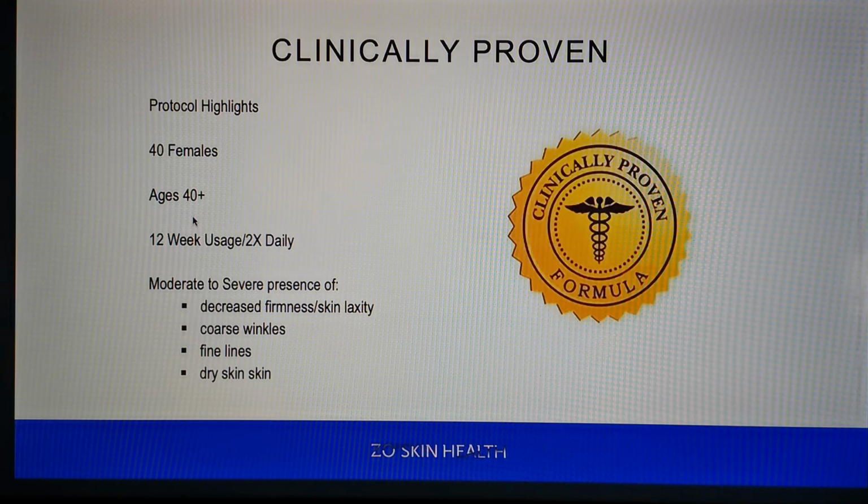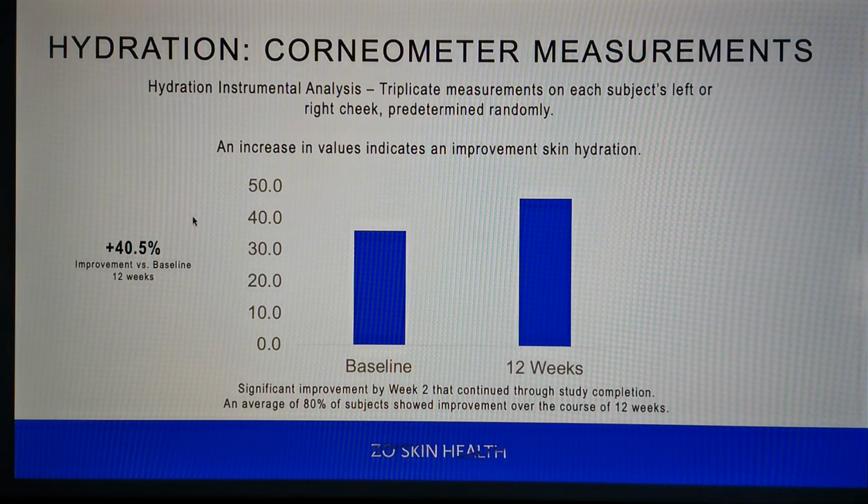So the clinical evidence in this case was a protocol where we had 40 females, ages 40 plus, over a 12-week usage, 2 times daily, with moderate to severe presence of decreased firmness, coarse wrinkling, fine lines, and dry skin. The first measure we had, this will go back again to what we talked about earlier of how we modeled these studies. And again, we only had a cleanser, the growth factor serum, and a sunscreen involved in that study